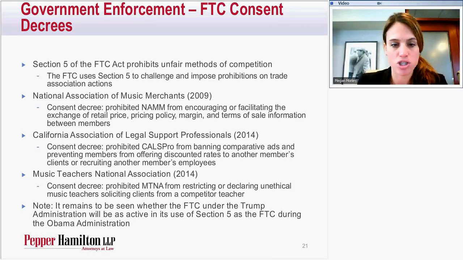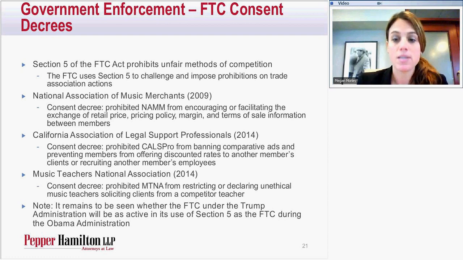The next two matters I'm going to discuss are very similar, and the consent decrees were issued right around the same day in 2014. The first one was with the California Association of Legal Support Professionals. In this situation, the consent decree prohibited CalPro from banning comparative ads and preventing members from offering discounted rates to another member's clients or recruiting another member's clients. So basically, there were rules in place that you weren't supposed to seek another member's clients or try to solicit them for business, and the FTC stepped in and put in this consent decree that